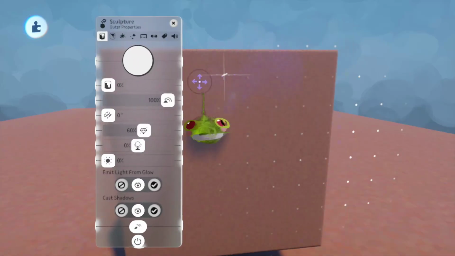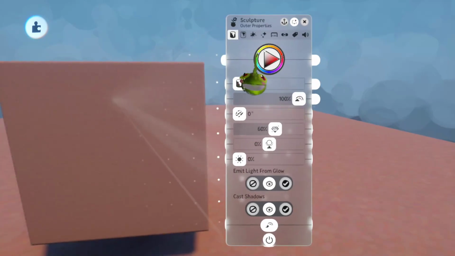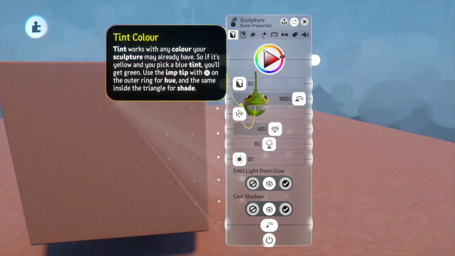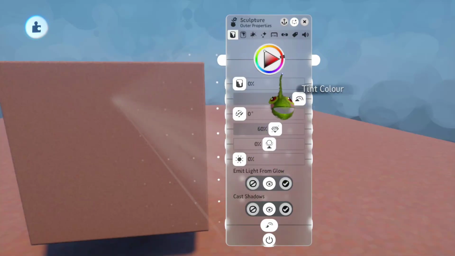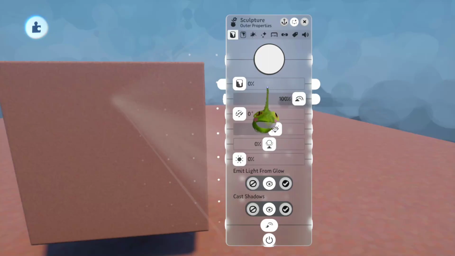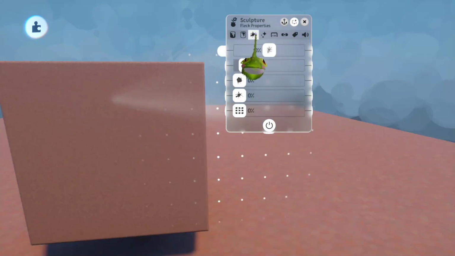Here we have a lot of options, most of them pretty familiar. There are tons of tutorials out there, and we're not going to discuss everything in this video, but if you go into the flex properties, the third tab, flex properties,